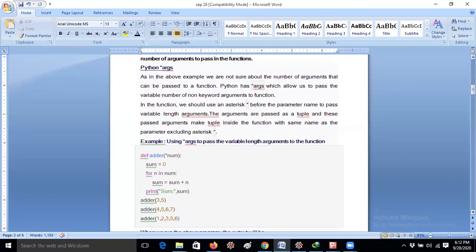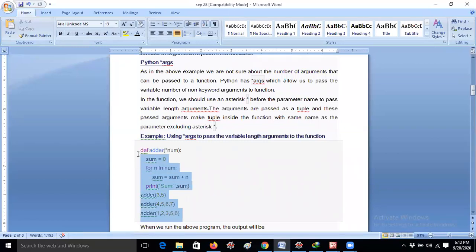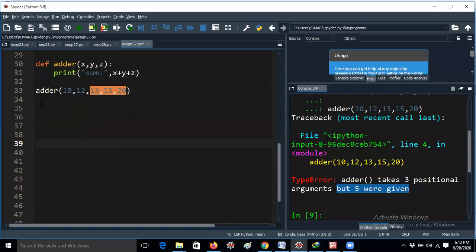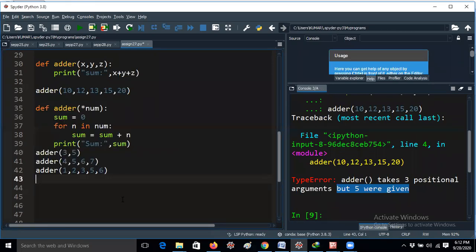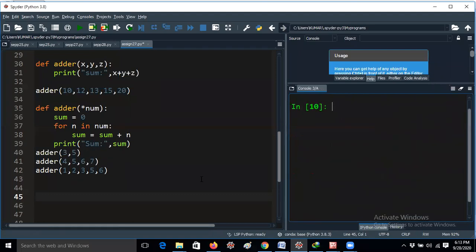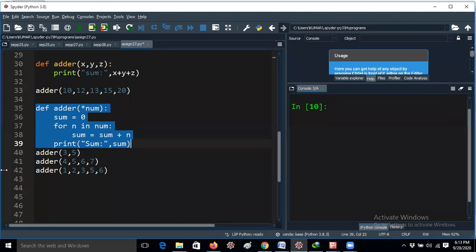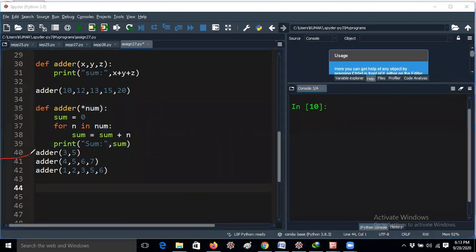Okay. So let me explain with an example, guys. First, I will take an example here. I am taking the sum of the given elements program. You should forget this line first, because the program will execute from the 40th line onwards. You know already, because it is a function. So this is a calling function. Whenever the calling function's execution starts in this place, it will go to the called function, that means this line. So usually, if you are taking 3 arguments, then those arguments will be placed into x, y, and z. You know that already.